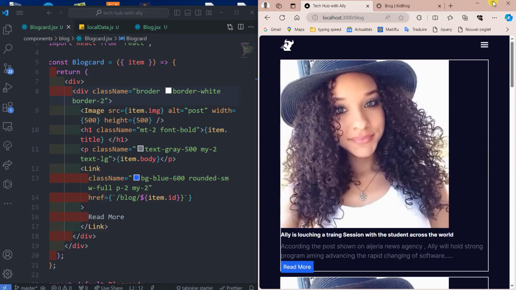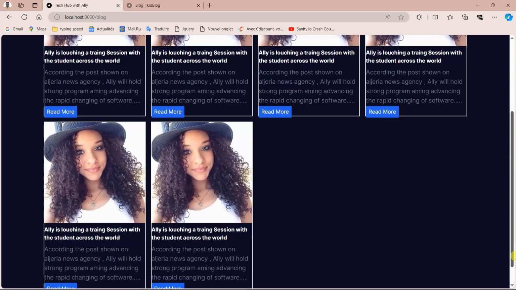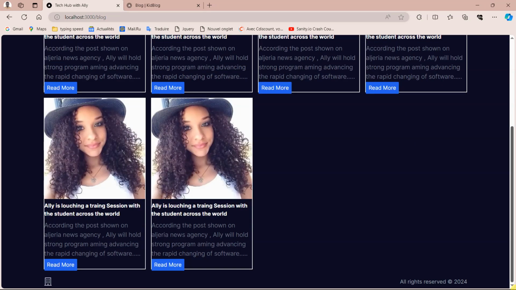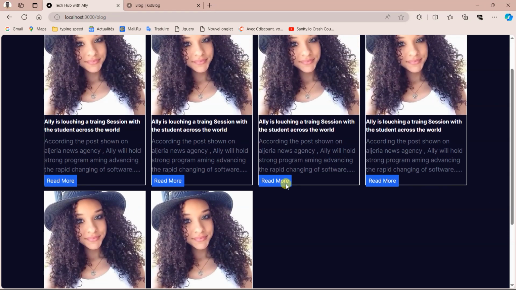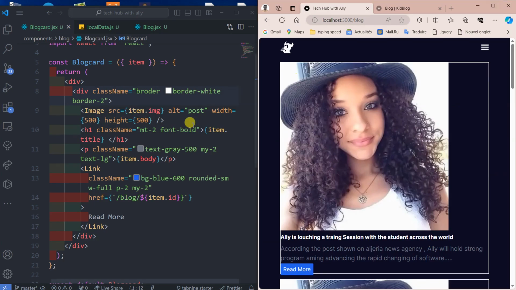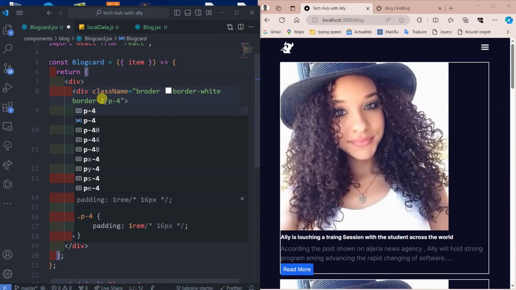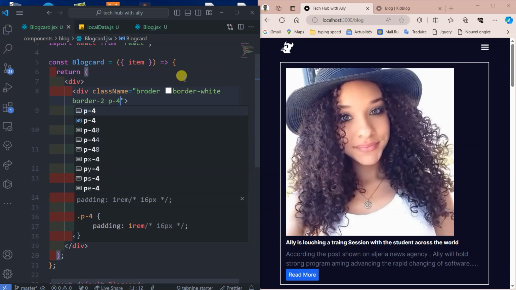Now if I try to check it from here, I see there is some good border. Then maybe I have to give padding so that I can differentiate everything. So I will go back here, just click on this one here to get it back, and give a padding of 4. Let's see what padding of 4 will do, and let it be rounded even,